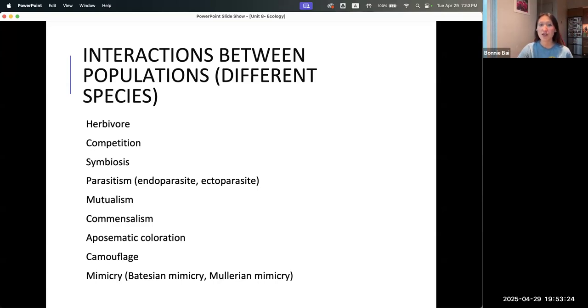So parasitism is like parasites, right? So their survival and reproduction is depending on the host. So like ticks or fleas. What else are parasites? Roundworms, other parasitic worms. I can't remember. Other worms. There are these parasitic wasps that will lay eggs in caterpillars, and then the wasp larva will live inside the caterpillar.